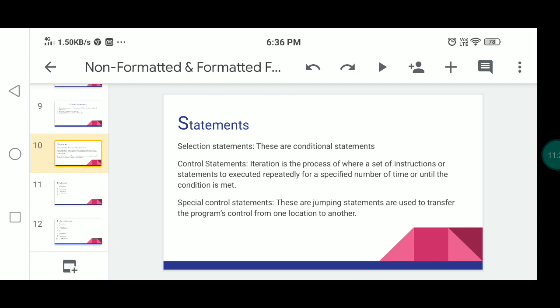Then next, another one is the conditional operator statement. In particular situations we use these ternary operators. Previously I discussed the question mark and colon ternary operators.